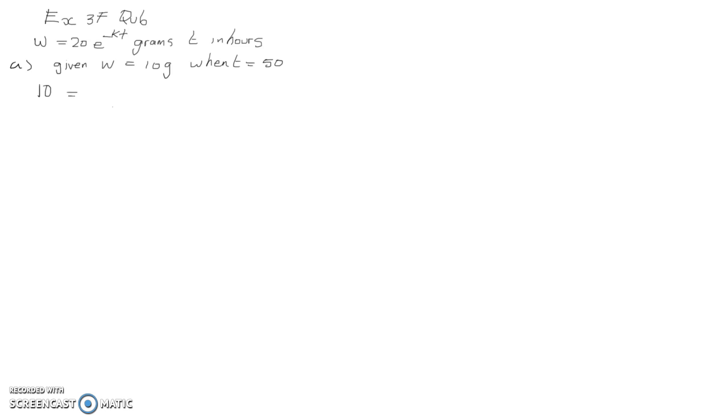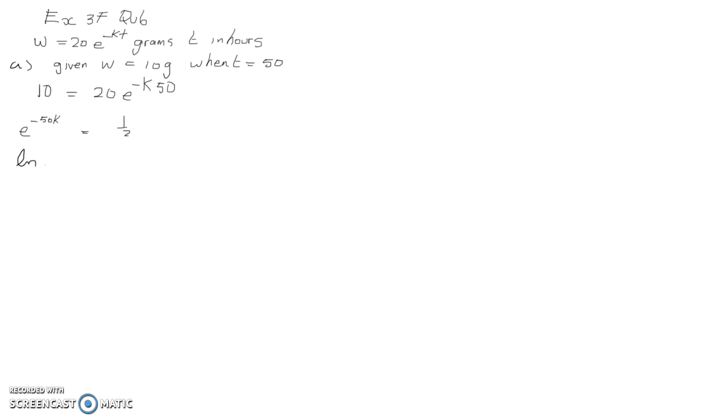So we're putting in the 10 grams for the weight. And we don't know k, but we know that t was 50. So just dividing both sides by 20 so that we can get e to the minus k times 50. So it's standard to put the number in front of the k, minus 50k, equals 10 divided by 20 is a half. Now as soon as we see the exponent on its own, if we take the natural log of